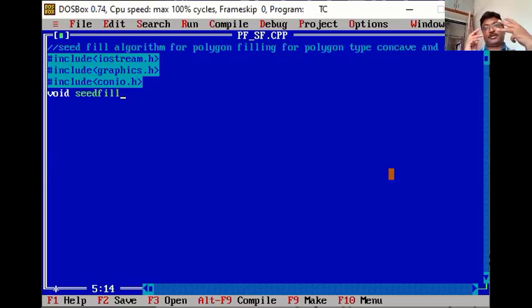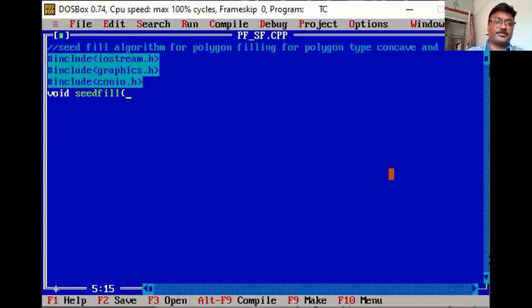First of all, declare the function. Then you have to define the function. After that, in the main function or anywhere you have to call that function. So this is a complete looping of this function. Now seedfill is my function name. Suppose I have to pass here x, y, this is my inside point, and second I have to pass my new color and then old color.